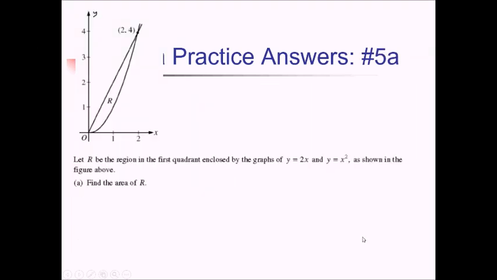On this no calculator free response problem, I have this region R, and I've got the functions y equals 2x and x squared forming the bounding functions here. First task is to find the area of R. So I'm just going to take an integral from the left to the right side of that bounded region, doing top minus bottom inside the integral. So on the left side, we've got x equals 0, and this goes until we get to x equals 2,